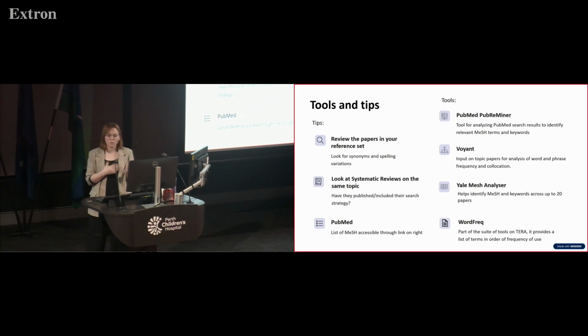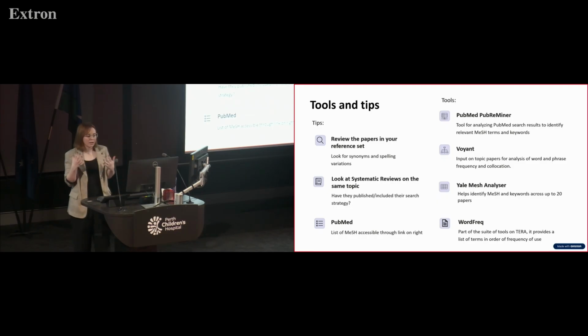If you can find other systematic reviews on a similar topic or on the same topic, have a look and see if they've published their search strategy. A good systematic review that has followed the PRISMA reporting guidelines will include their search strategies as an appendix or a supplemental document. This can be quite helpful when looking for synonyms or subject headings. But again, don't forget to use a critical appraisal checklist to make sure that it is a good